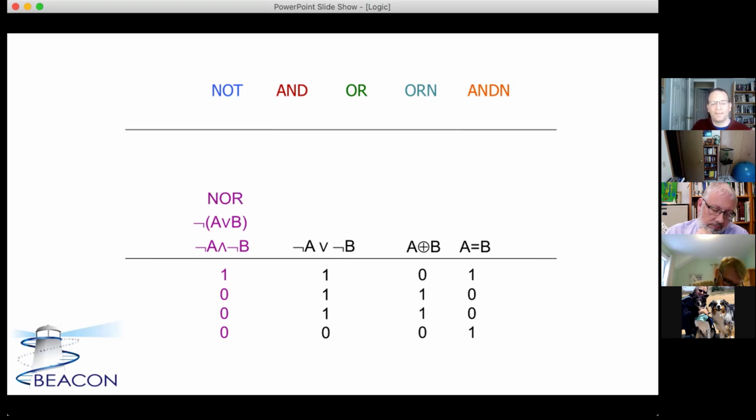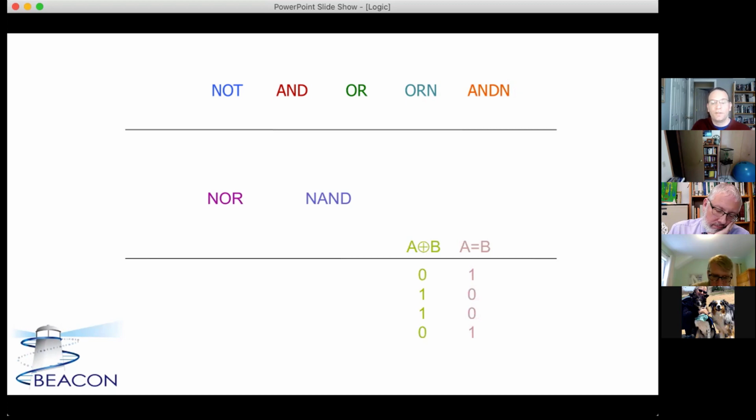Similarly, here we've got not A or not B. So that's the same as not A and B. And so not and is the logic function referred to as NAND. And then the last two are ones that we've already specifically named. We've got this one with the plus symbol, that's the exclusive OR. The way this gets represented is the XOR. So that's the X for the exclusive, largely because putting EOR would be very confusing for people to try to pronounce. And then this last one is the A equals B, which is the EQU task.